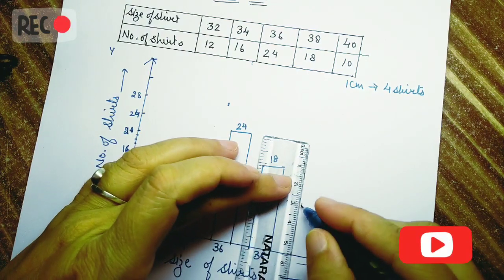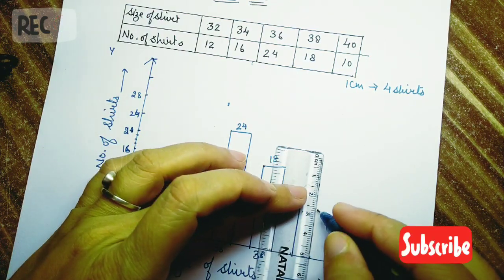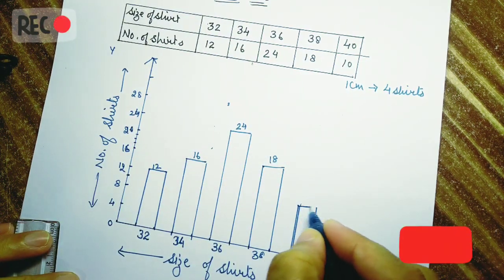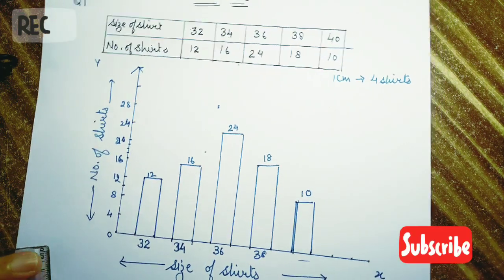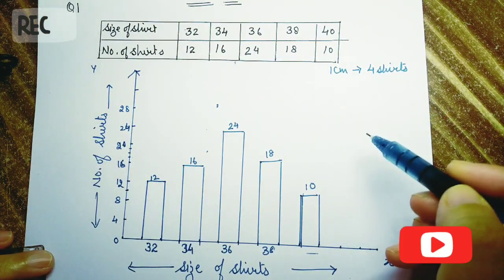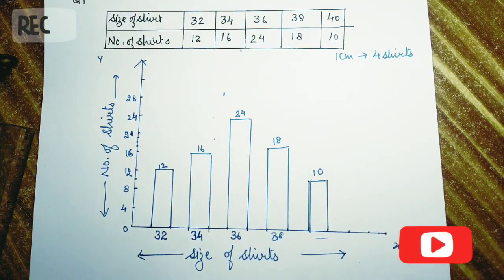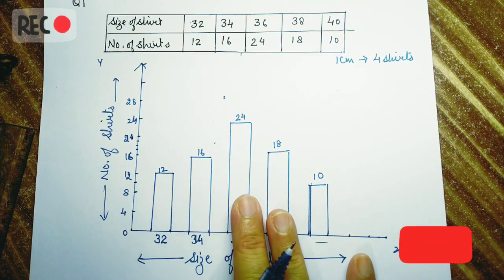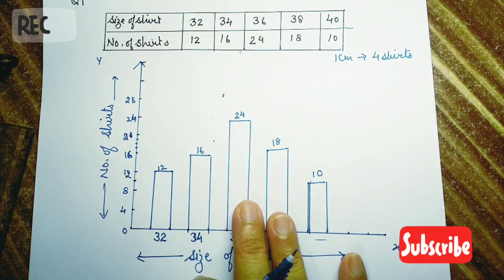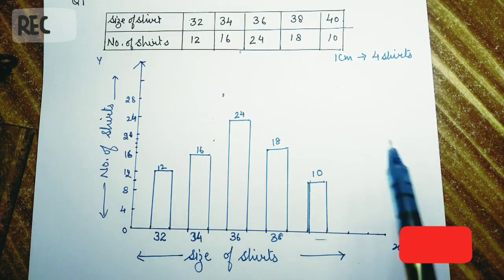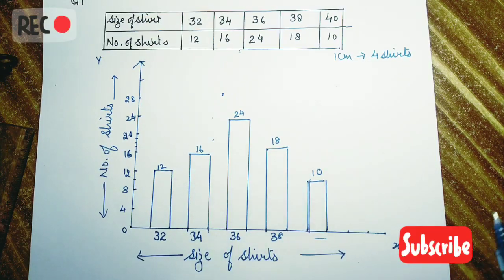Okay, now join this one. Now students, we have drawn our bar graph according to the given information. So now our bar graph is complete. Okay, now question number 2 is the same type as question number 1. In question number 2 also they have given some information regarding the games played by 300 students in a school, and on the basis of this you have to draw a bar graph. So students, same as question number 1, solve this question by yourself.